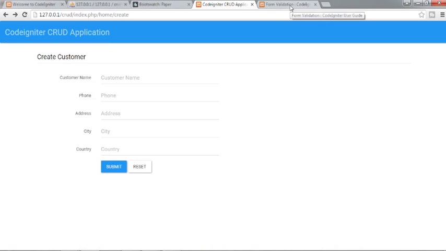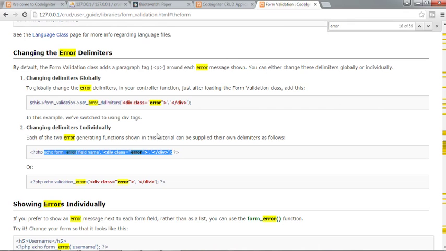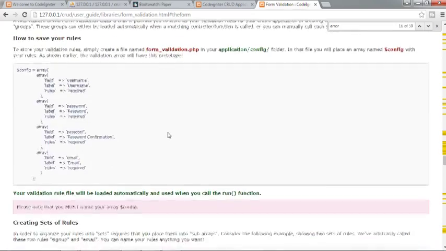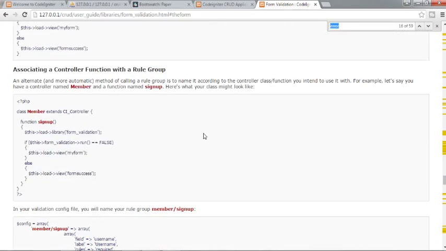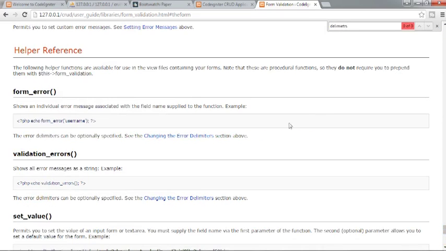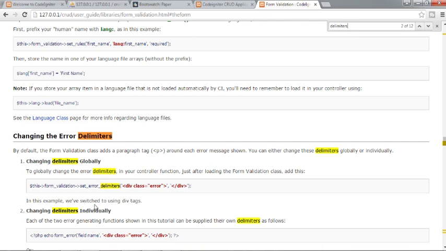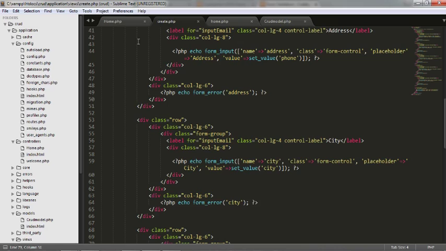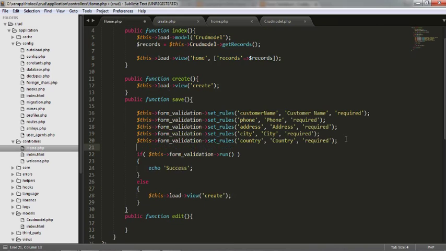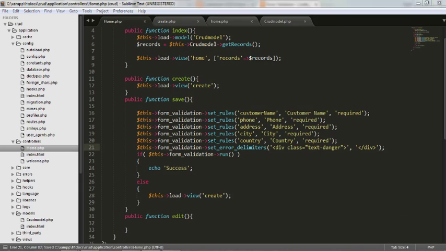So we are not done yet. We just need to call another function which is set delimiters. We need to call this, copy and paste it here. This text danger, and now save it